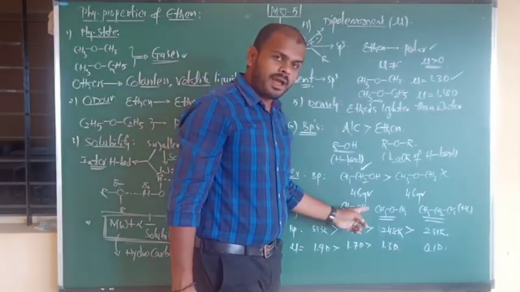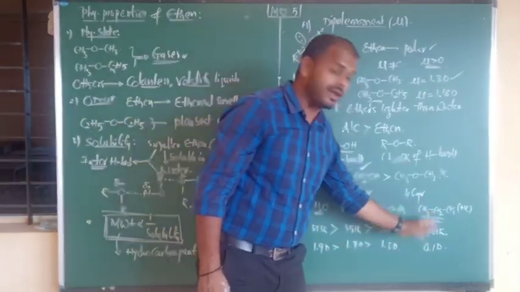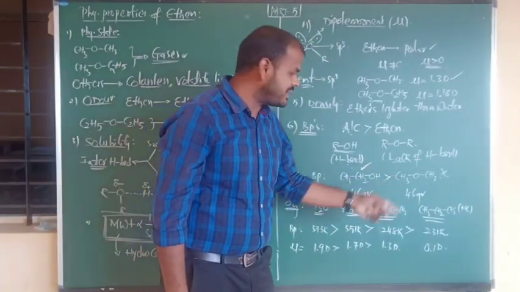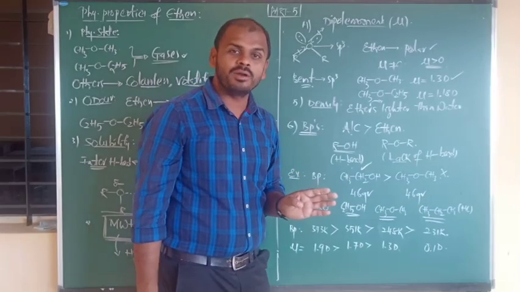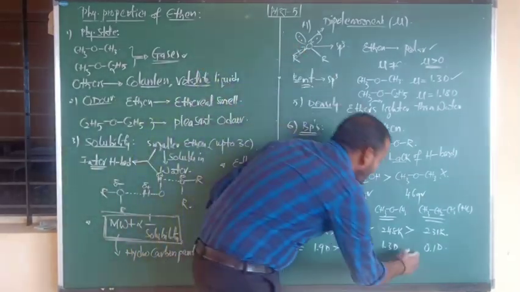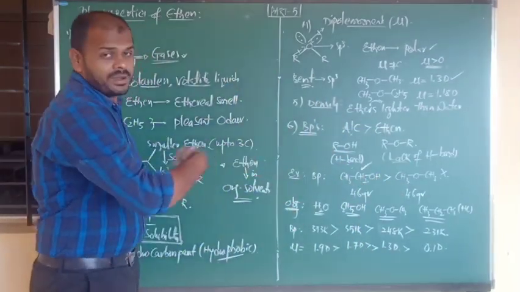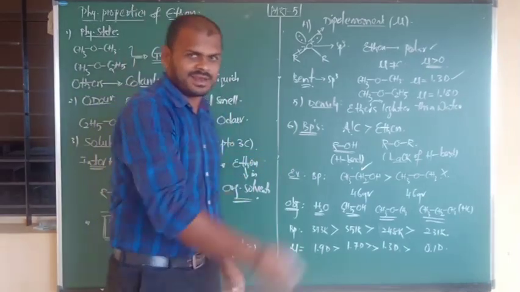So here also polar, here also polar, here also polar. They have fixed dipole moments, but hydrocarbons are non-polar compounds. Especially alkanes are non-polar in nature, and their dipole moment is nearly equal to 0. So here what is happening to the dipole moment, son? From propane to water, dipole moment and boiling point values both increase.